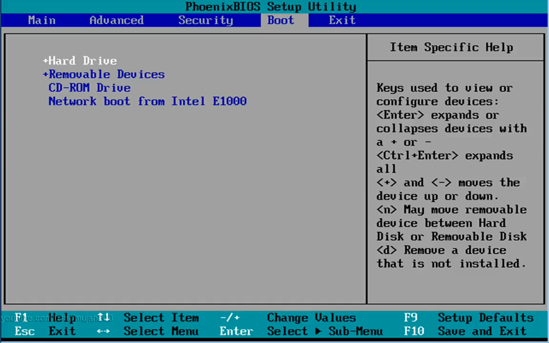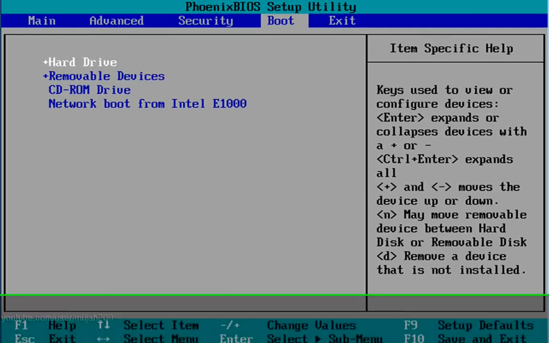Because this is a virtual machine, I have to use the plus and minus sign on my keyboard, but on a real computer you will be using F6 and F7 to change the value to make it first, second, or third, or navigating them. Alright, so just make sure if you were taken to the first installation page, the first page, if you were taken there, just go and make the hard drive the first